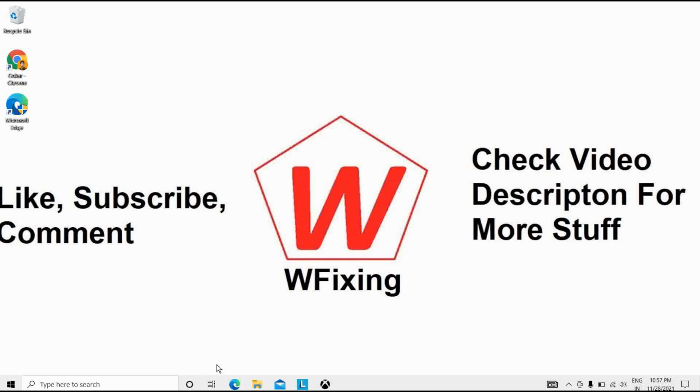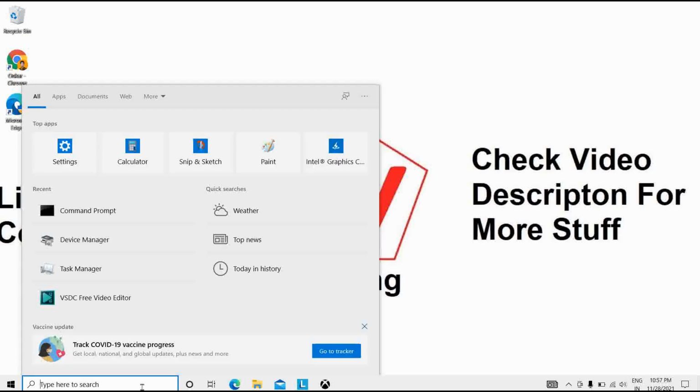So our next solution, guys, is reset virtual memory. For that, on your keyboard press the Windows key and the Pause or Break key. If you don't have the Pause key, then we have to type here system.